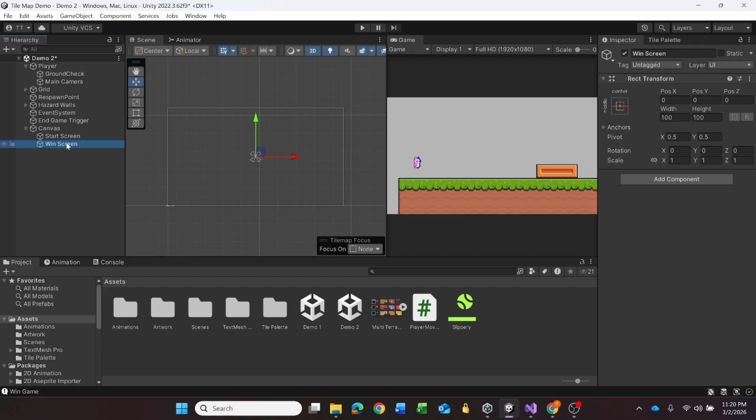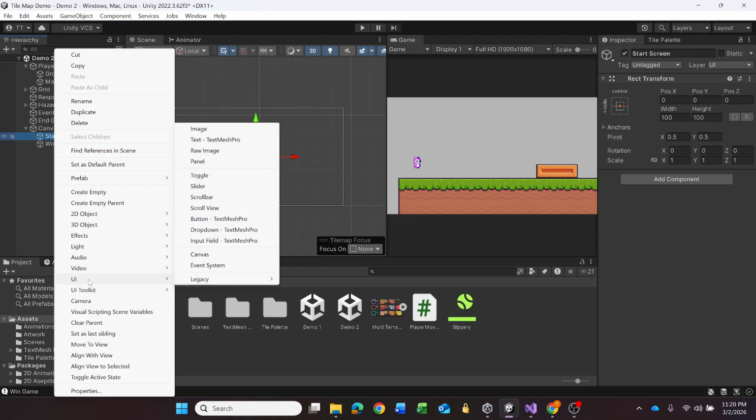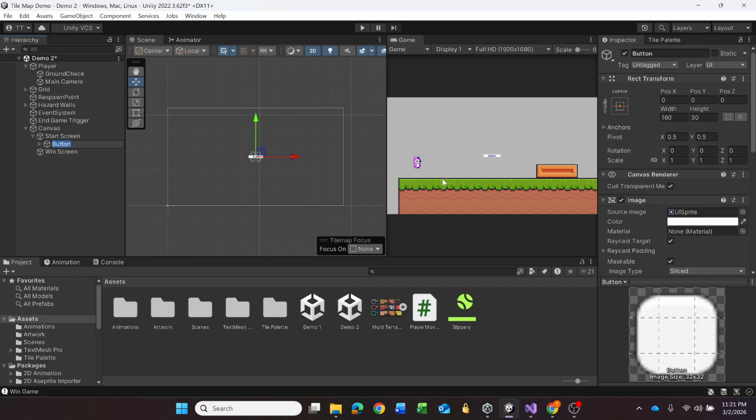These are basically just baskets or holders to put some UI elements into. They aren't anything. All they are is a single transform in our canvas. So on the start screen, I'm going to right click and I'm going to go to UI. And what we want to add first is a button. And so we have all these options here, and I want to use the Text Mesh Pro button. We do have legacy buttons. These are from much older versions of Unity. We're going to be using the Text Mesh Pro version,